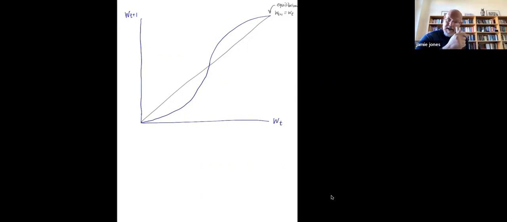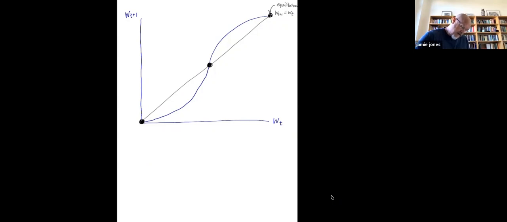Where w sub t plus 1 equals w sub t, where you're staying steady. There's a terrible equilibrium, the destitute equilibrium, right? You've got zero wealth there and you're staying there. You've got this interior one, kind of right in the middle, and then you've got this good one at the top. And so our question is, suppose we start from a particular